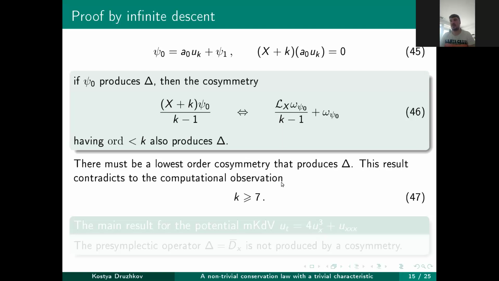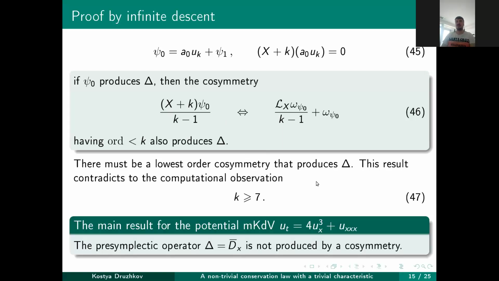Because in this case, for a lowest order cosymmetry that produces delta, this construction gives a cosymmetry that also produces delta, but its order is strictly less than the lowest order of a cosymmetry that produces delta. So it's a contradiction. Yeah, and the main result for the potential KdV is that the presymplectic operator delta is not produced by a cosymmetry. So the second page of the Vinogradov's spectral sequence for the potential KdV is non-trivial somehow,